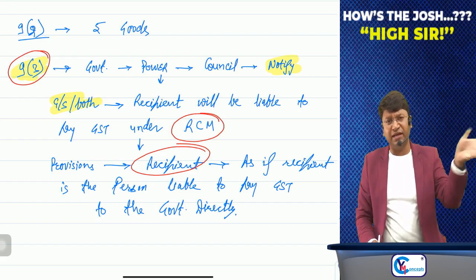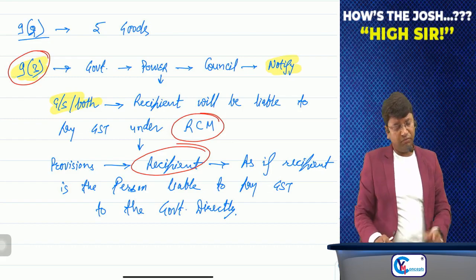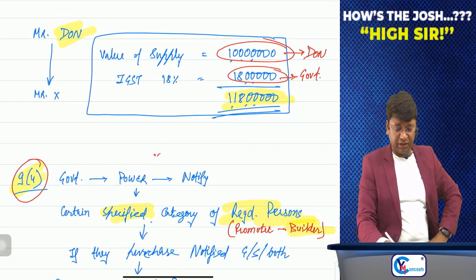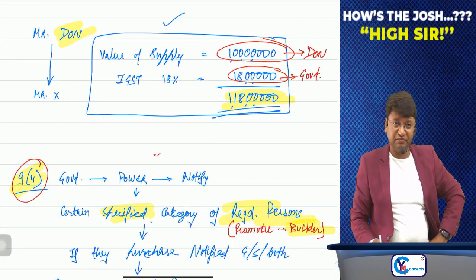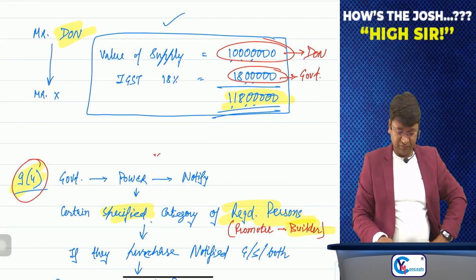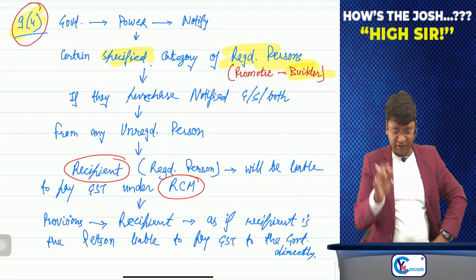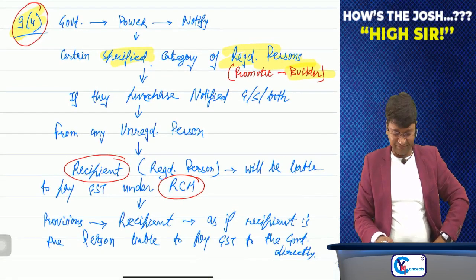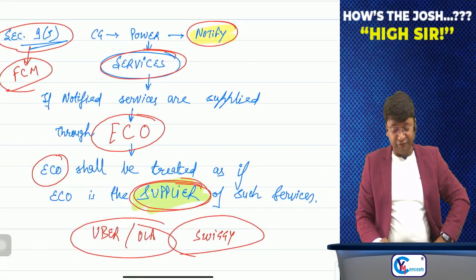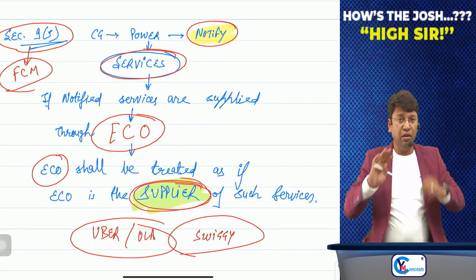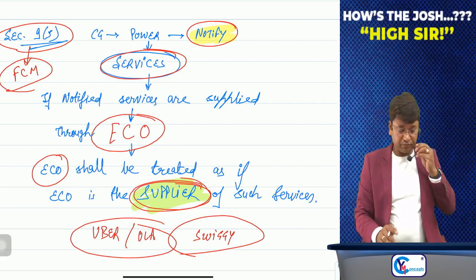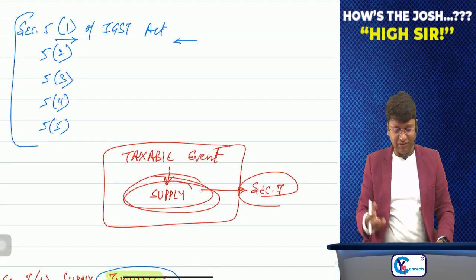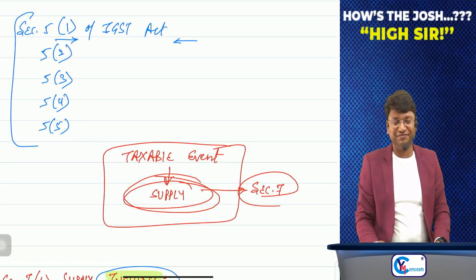Although all these points are already there in the summary book or main book also. Done. This is a very good example to understand the concept of RCM. Then section number 9, subsection 4, reverse charge mechanism, builders. Section number 9.5, Ola Uber, very good example. Okay, then this is just if you want to copy, you can.